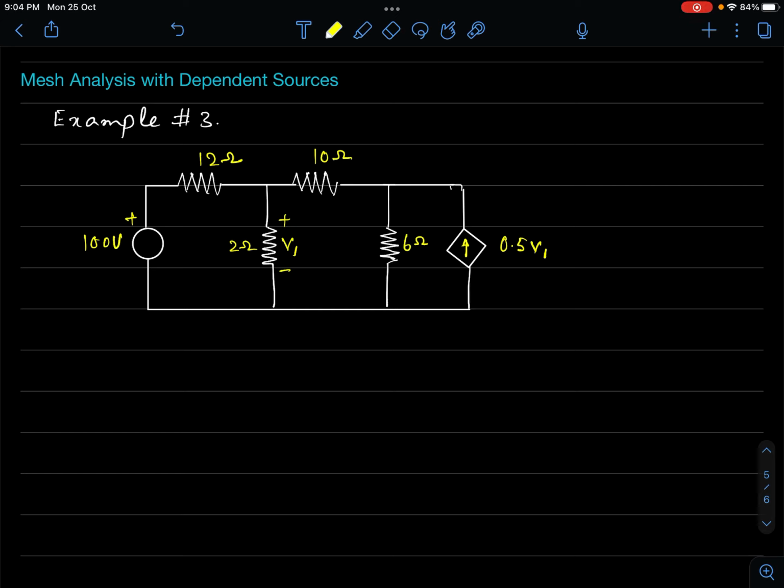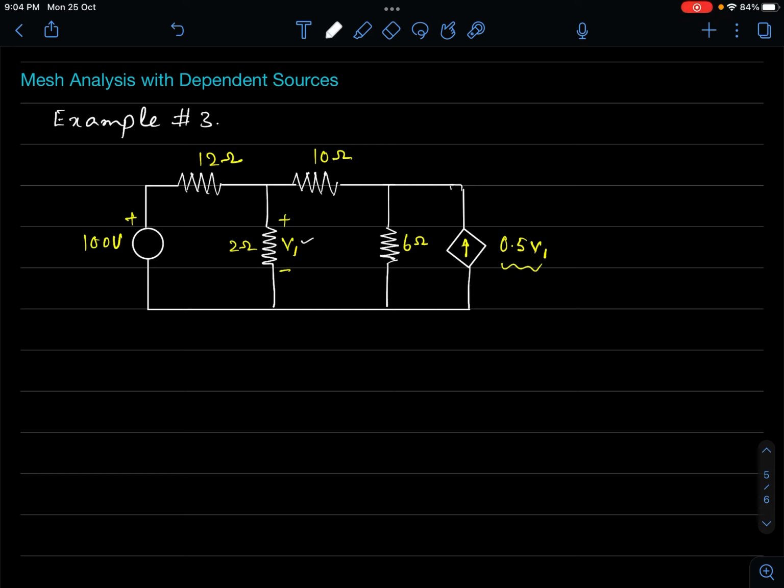If we look at the network, it is very clear that 0.5 V1 is a dependent source. This is a current source, as we can see the arrow within it, having a magnitude of 0.5 V1. So what is V1? V1 is the potential difference across this 2 ohm resistor. Whenever current flows through this 2 ohm resistor, there exists a potential difference across it, and that voltage is designated as V1, and 0.5 V1 or V1 by 2 would be the magnitude of this dependent